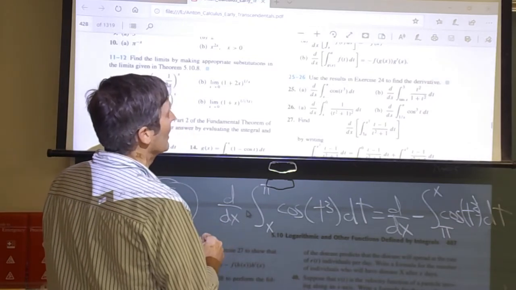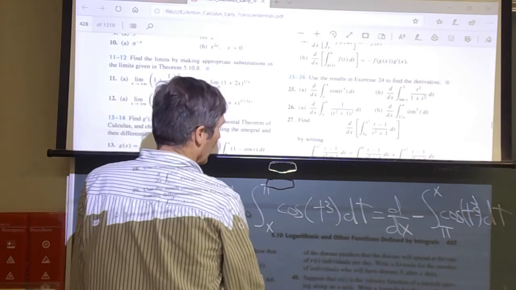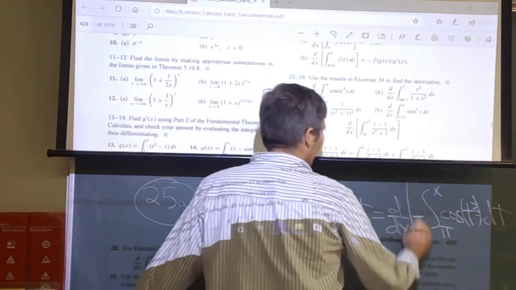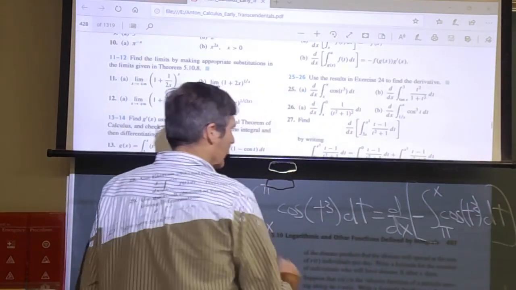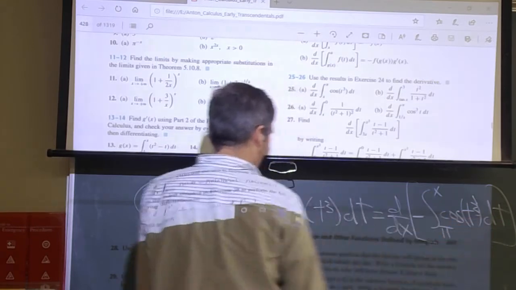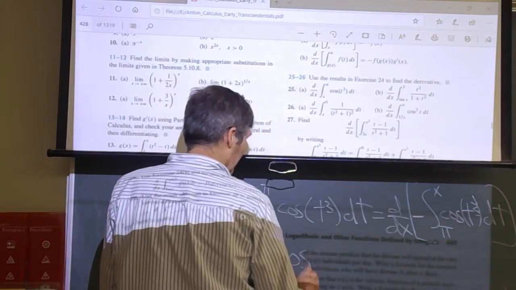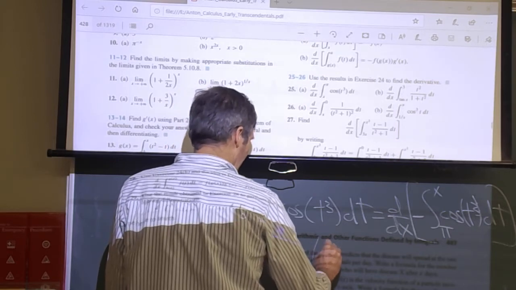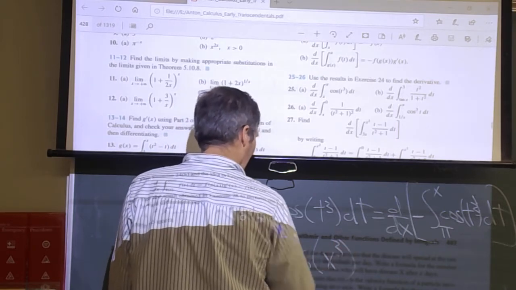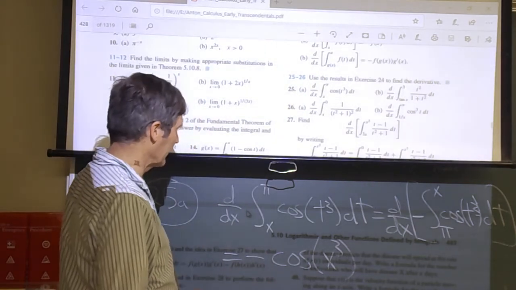Let's see, the minus comes out, and the derivative of the integral from a to x is just this function plugged in at x. So the minus comes out, and the derivative and integral undo each other, and you get cosine of x cubed instead of cosine of t cubed. So you can do the